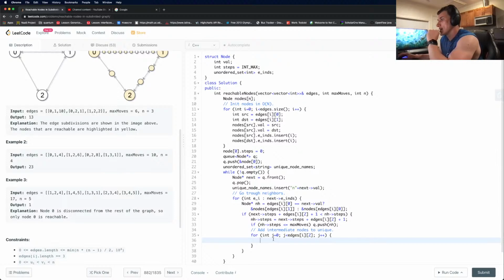So how do we do this? I see. Yeah, they told us that there is a specific direction, right? That u is always less than v, so we don't really care technically. We know that the edge is always increasing, but whatever. Let's assume there's no such thing. It doesn't give us a lot of benefit in terms of complexity. Anyway,